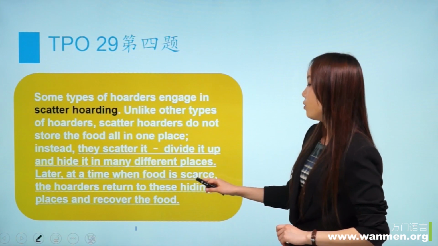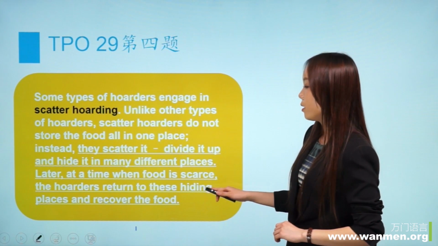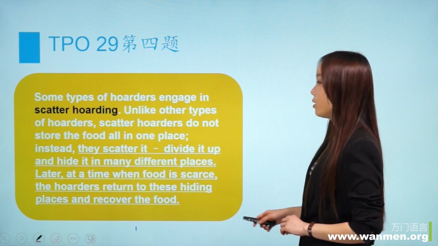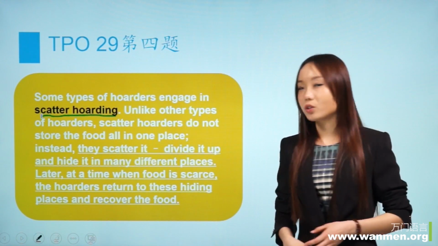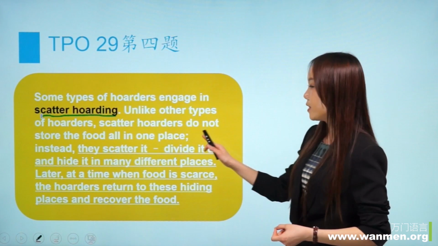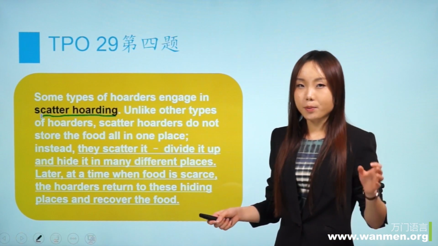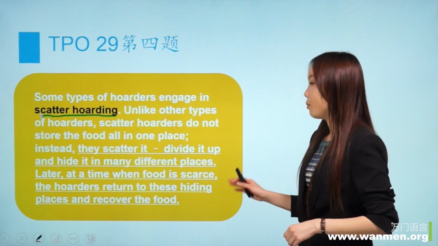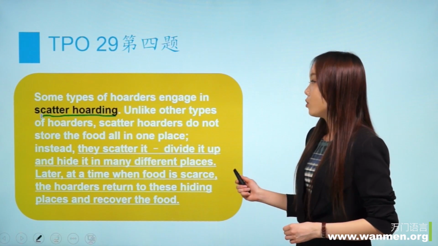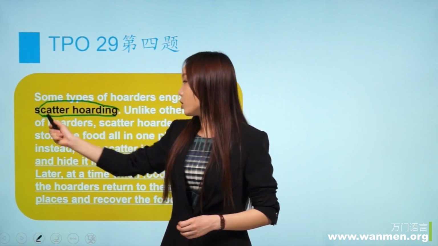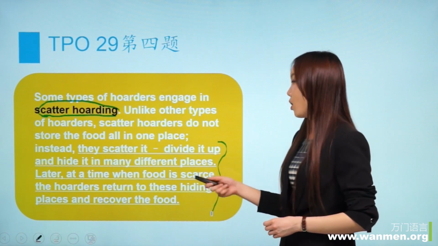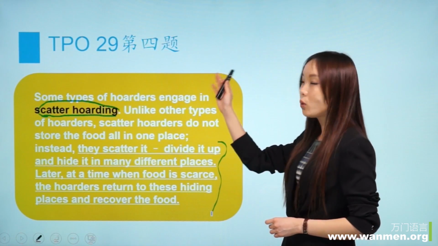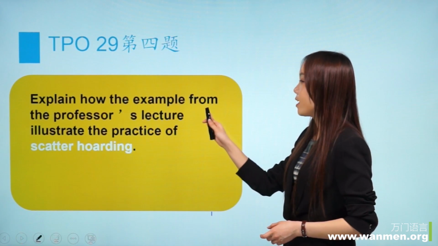Later, at a time when food is scarce, the hoarders return to these hiding places and recover the food. 也就是介绍了一种新型的储存食物的这样一种方式 scatter hoarding，那么分散储存比那种直接 hoarding 要聪明的多了，对吧？分散在不同的地方，把它分离开。那么这样呀，哪怕别的动物找到了其中一份 food，也不会影响到它们以后食物的供给。所以这就是咱们要解释的这个词 scatter hoarding，也是通过这样一个部分理解出来的。所以呢，咱们一定要从 reading material 里面善于找这样一些重点句，那么它通常呢在段首、段尾或者在这个词的周围。我们来理解一下这个题意。